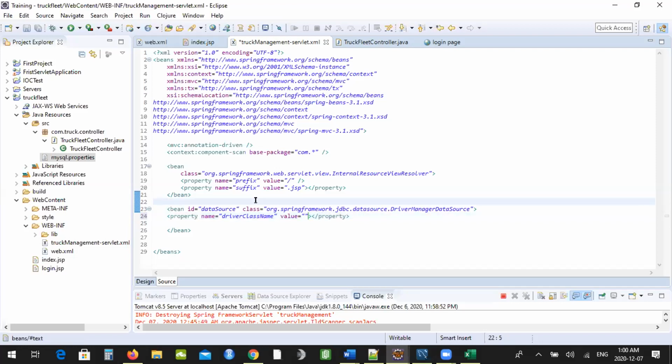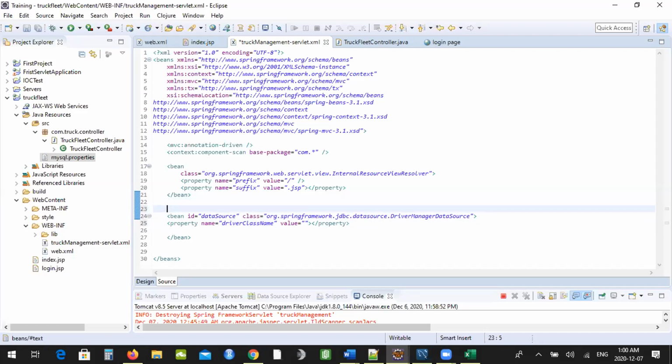If you do it the normal Java way, you need to create a class, and in the class read the properties: Properties equal to new Properties, and then set everything. But here Spring provides us a beautiful way of doing that. We don't have to do anything. Spring will do that for us, right? Let's see. All I have to do is